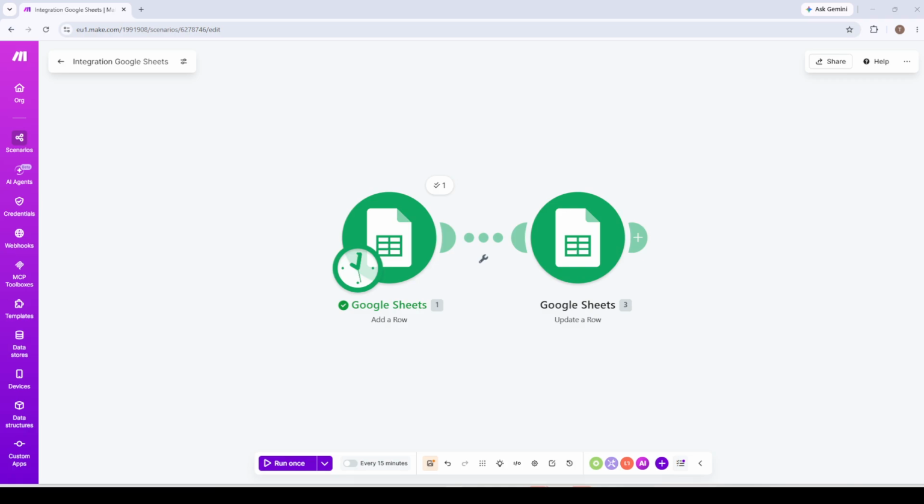Today, I'll walk you through exactly how to use Make's built-in empty string function to clear field values in your automations, whether you're wiping a Google Sheets cell, resetting a CRM field, or erasing any mapped value that needs to